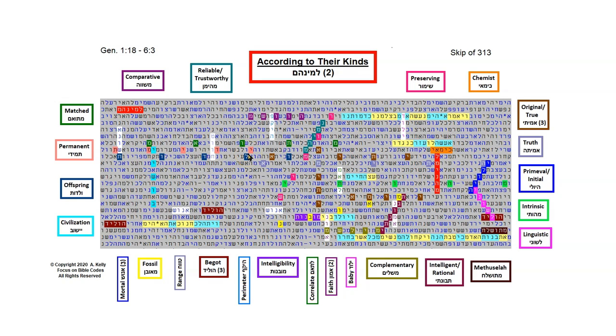Yahuah created all creatures to reproduce after their kind. We have the word baby here in the pink lettering. The word offspring is here in this dark blue coloring at a skip of 10 letters. 3 times we have the word begot. Here it is in the burgundy, and these are all in the plain text of Scripture, where it's talking about